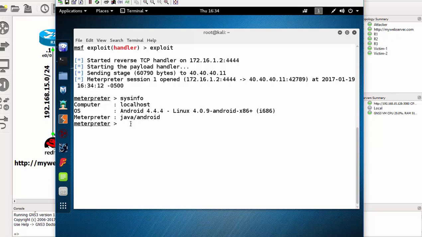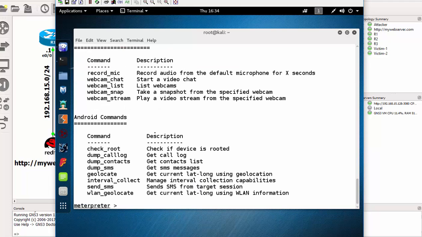And actually if I do a question mark to see which commands I can use, this is the list of all the commands I can use. So I can dump all the SMSs, I can get the contact list, I can send an SMS,